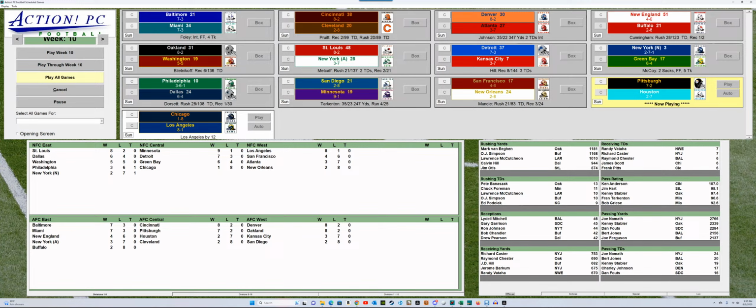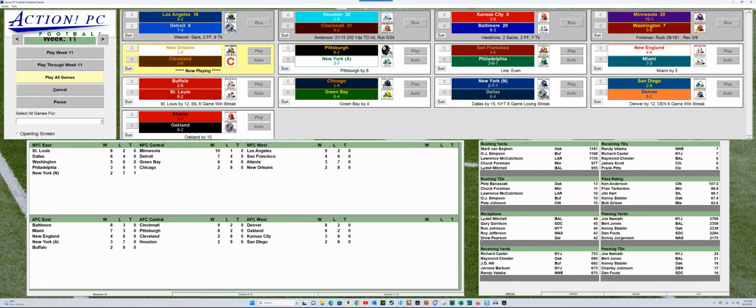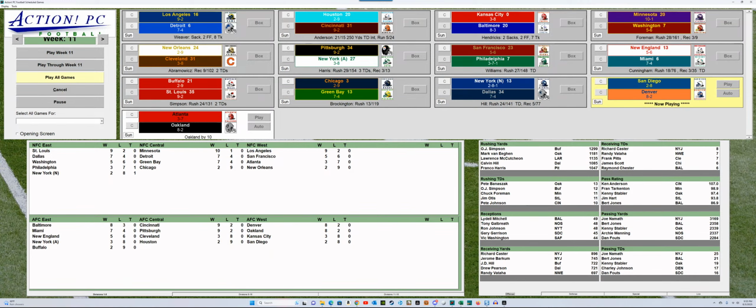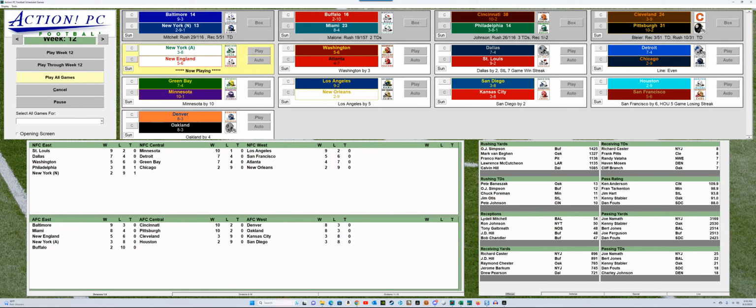Let's go back to offense. Oh, Mark Van Eegen leading OJ in the rushing yardage. Franco Harris moving his way up there. Several people hitting 1,000 yards after just 11 weeks. It looks like we take a look at